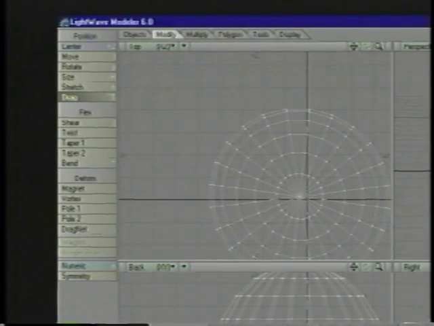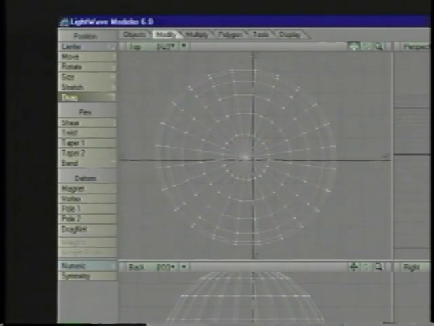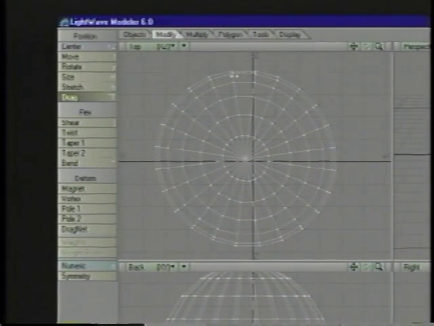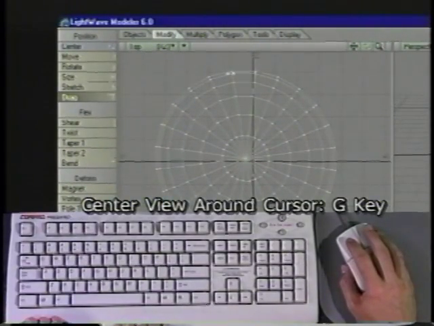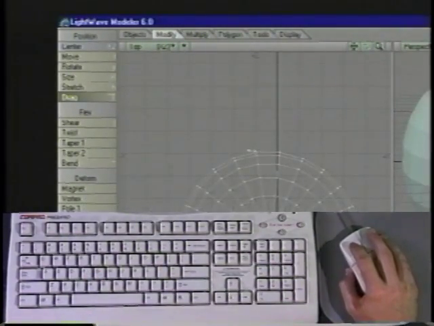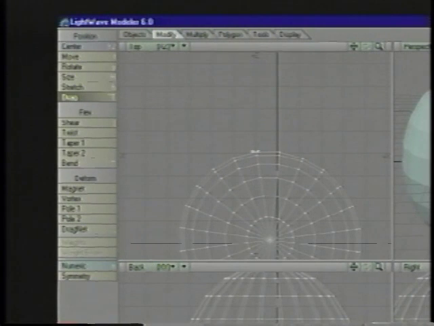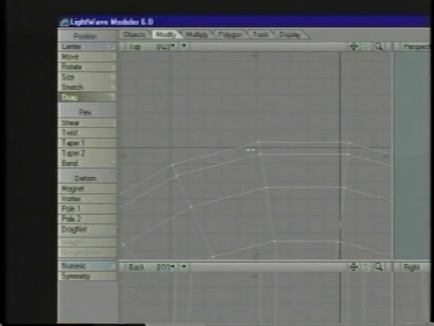But another way I could do it, if I wanted to go to this exact point in my object, is to use the go to command, or the G keyboard equivalent. So if I place my cursor where I want to go and hit G, boom, it snaps that to the center of my viewport. Okay, so I'm going to zoom into that point,